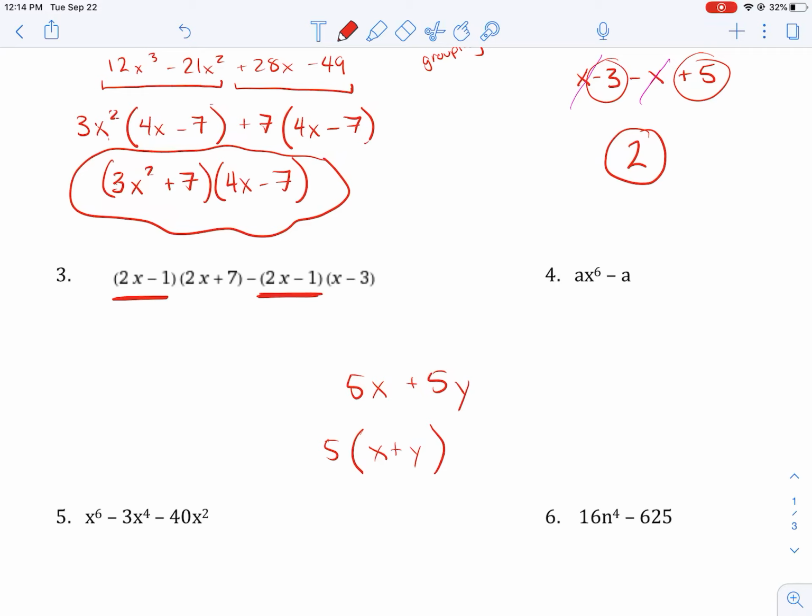Now, it might not seem so obvious here, but instead of multiplying all that through, why not save ourselves some time and take out a 2x minus 1 from either side? Kind of like if this was 5, this was x minus 5, and this was y. We're just taking out that 5. Obviously we're not taking out the 5 here, but I'm just trying to demonstrate that these are still just factors. These are still just some number. We don't know what x is, but if we were to plug x in there, we would get some number. So on both sides, they have a greatest common factor of 2x minus 1 that's being multiplied to both sides. So what you do is you take it out,